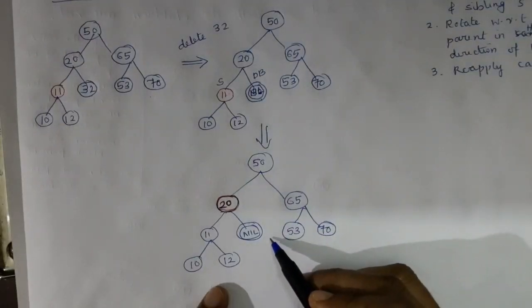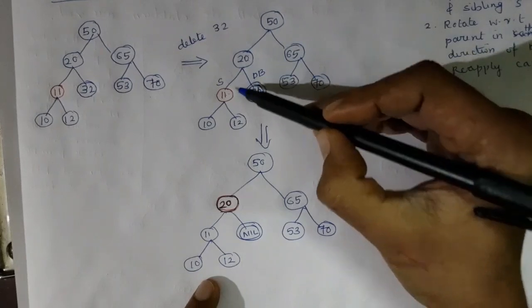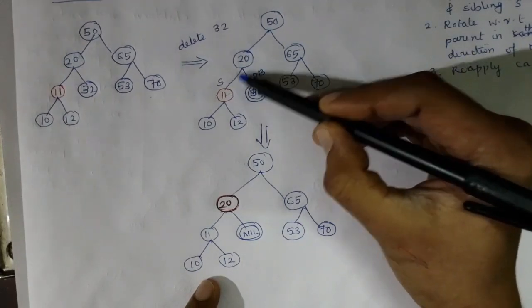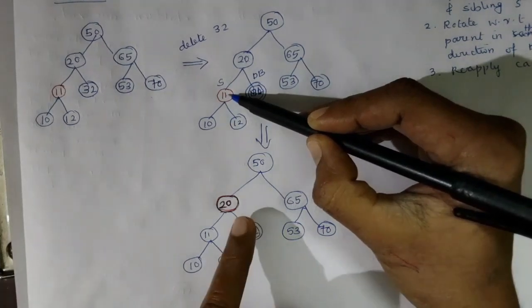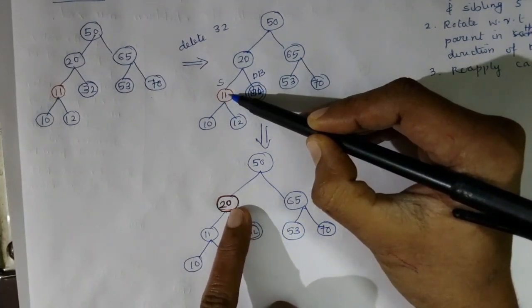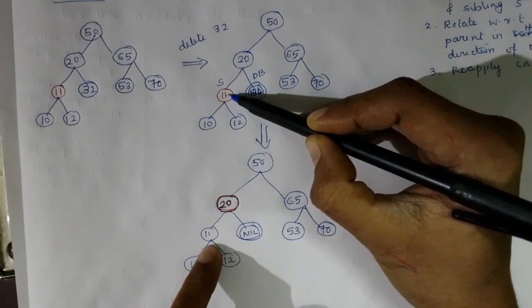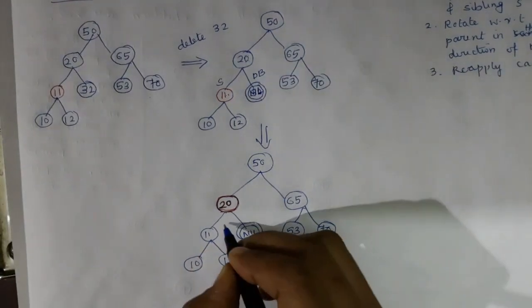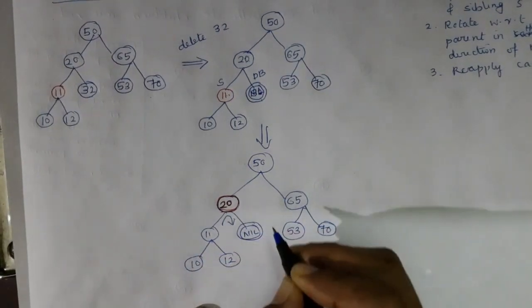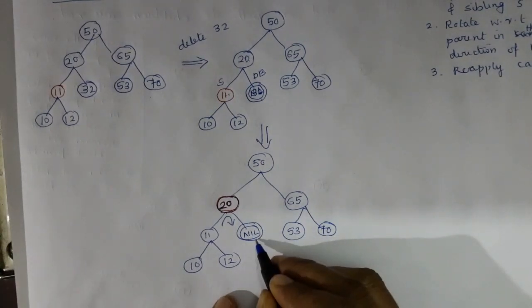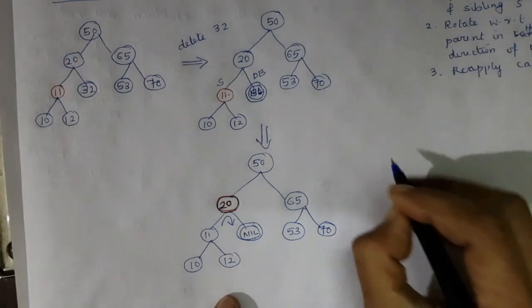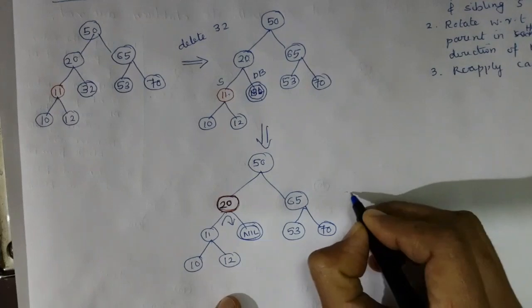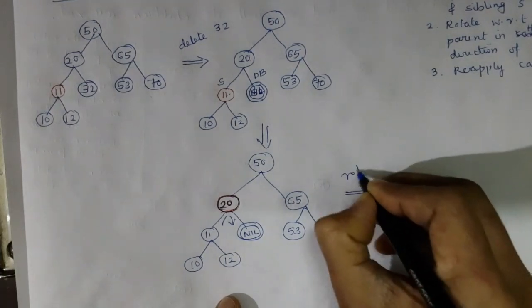After recoloring, the tree is like this. The color of parent of DB and S is exchanged. So parent of DB becomes red and sibling becomes black. Then perform rotation with respect to the parent. And the direction of rotation is the same direction as the DB node. So here it is right direction. So after rotation it becomes,